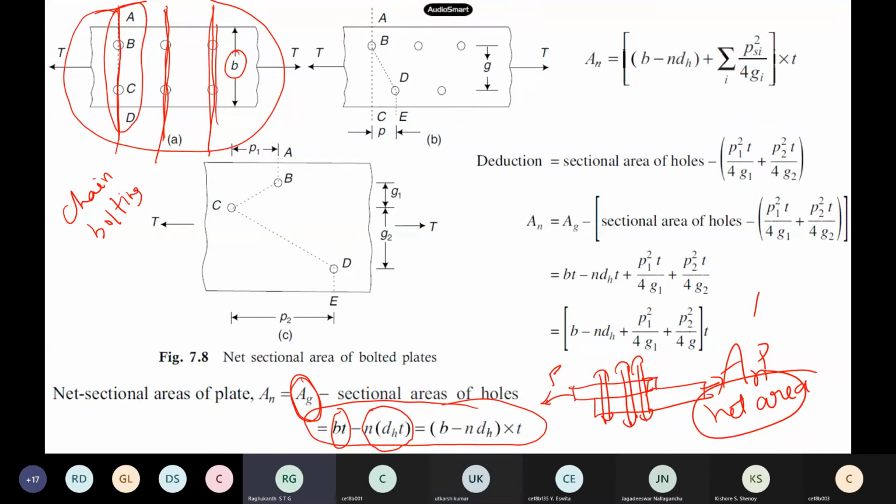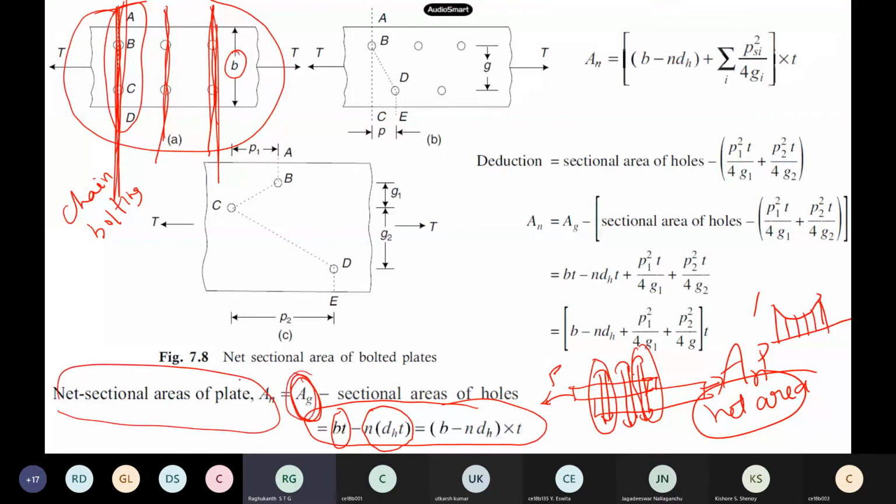Whenever there is a long joint, generally the load will be carried by the extreme bolts, this or this. For the middle ones, although our design assumes that they are equal, the end bolts are the ones where it is not a uniform distribution. You remember, the stress distribution is something like this. So in this plate, ABCD is a potential failure section, or this side actually, although net area is the same for all the sections. This is how we carry out the net sectional areas for the plates.